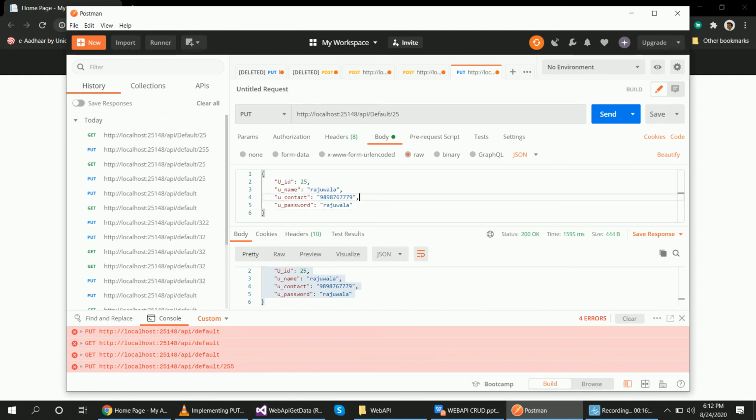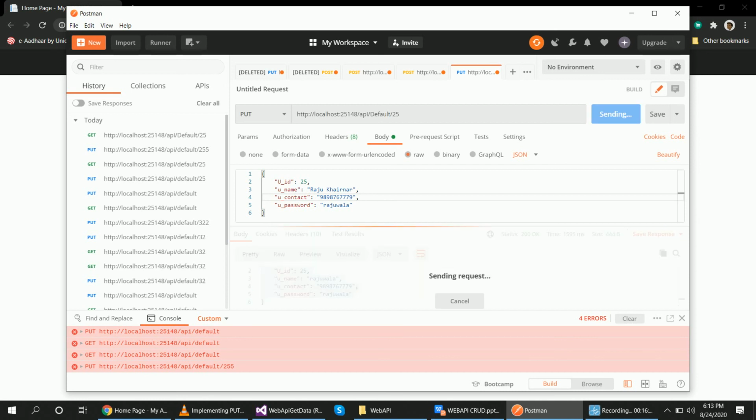Now whatever I want to update, I update here. In place of Raju wala I will put Raju Khairna. So username I have changed and password is the same, Raju. Now PUT is selected, 25 number record selected, and to update I will click on the send button.